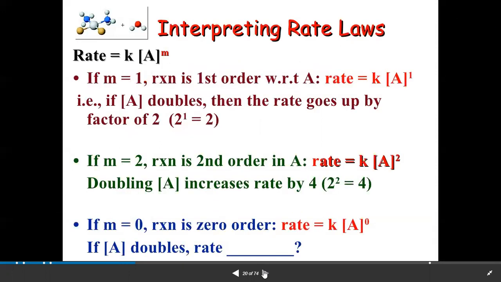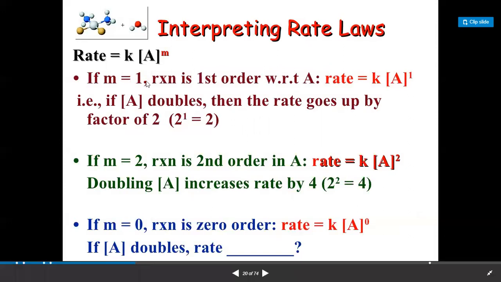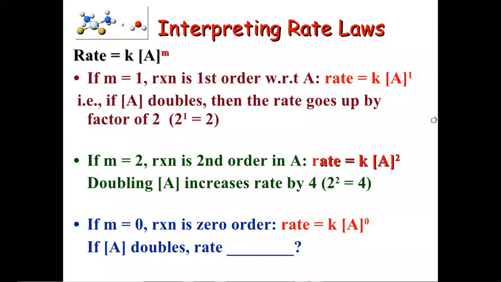Next, interpreting rate laws. So here, if rate is equal to K [A] power m, we have only one reactant, that is small m A gives rise to product. If m is equal to 1, then the reaction belongs to first order. At that time we can write rate is equal to K into [A], or K into [A] power 1. It is your choice whether you mention it or not, the meaning is the same.